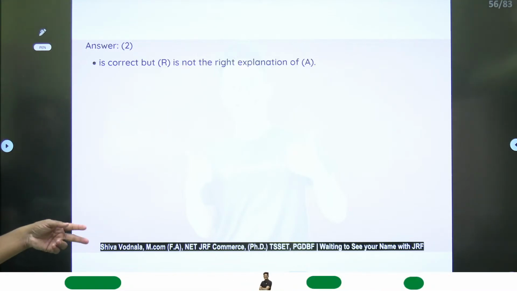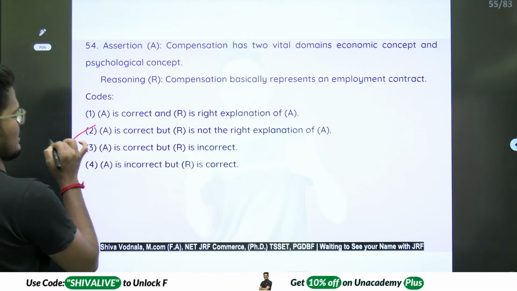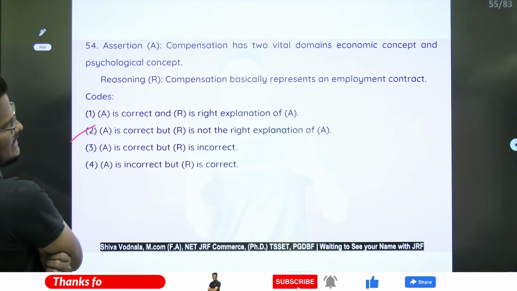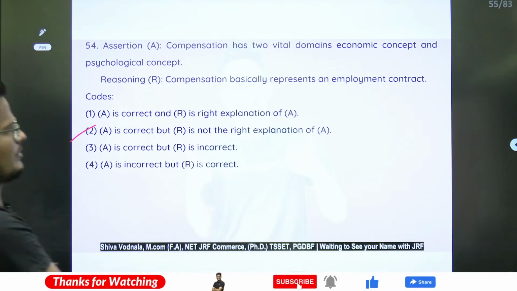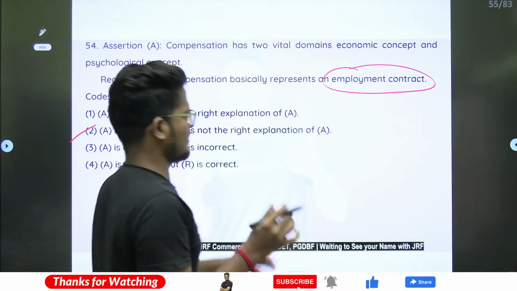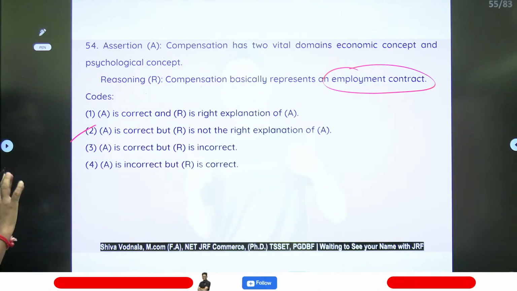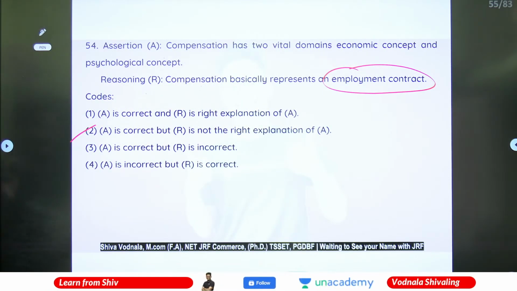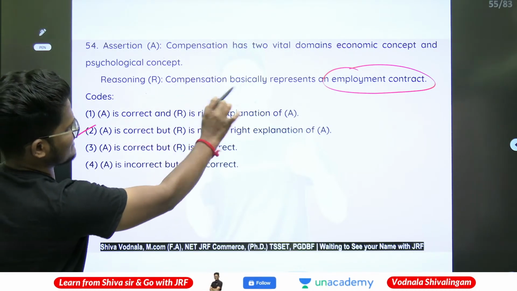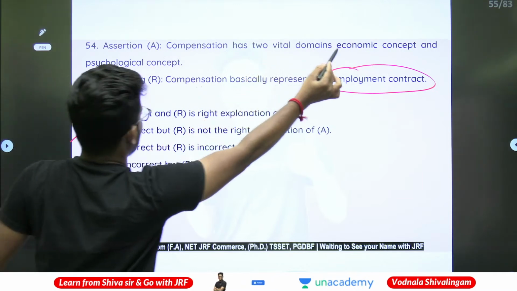Compensation has 2. Option 2 is the given correct answer. A is correct and R basically represents the employment contract, because compensation is not about the employment contract. Yes, as part of the employment only we are getting compensation, but it is not an employment contract. Even if it is an employment contract, this is not the reason to say that it is an economic and